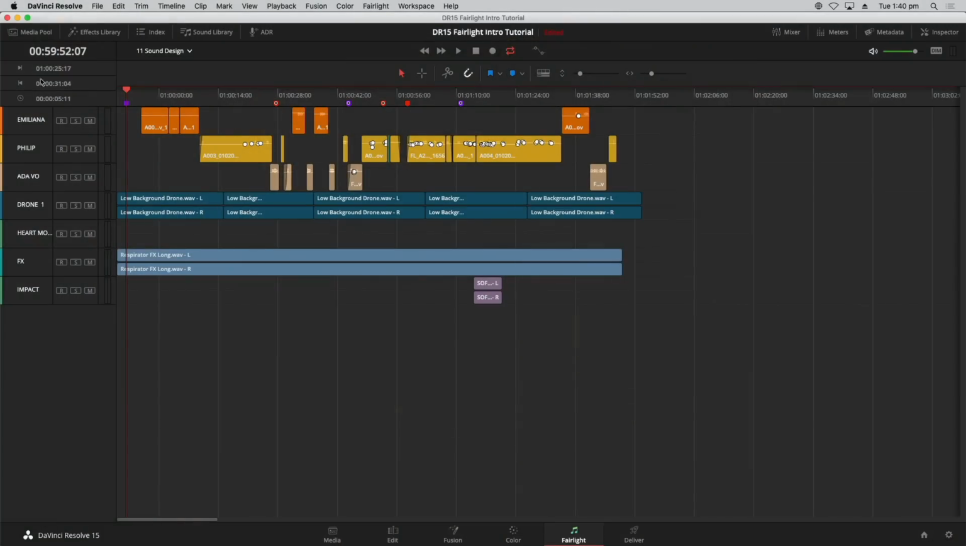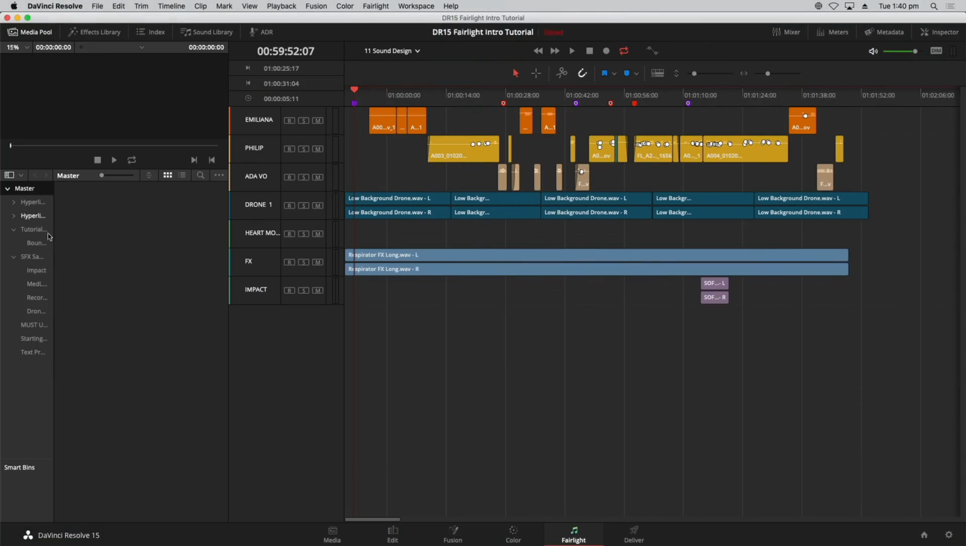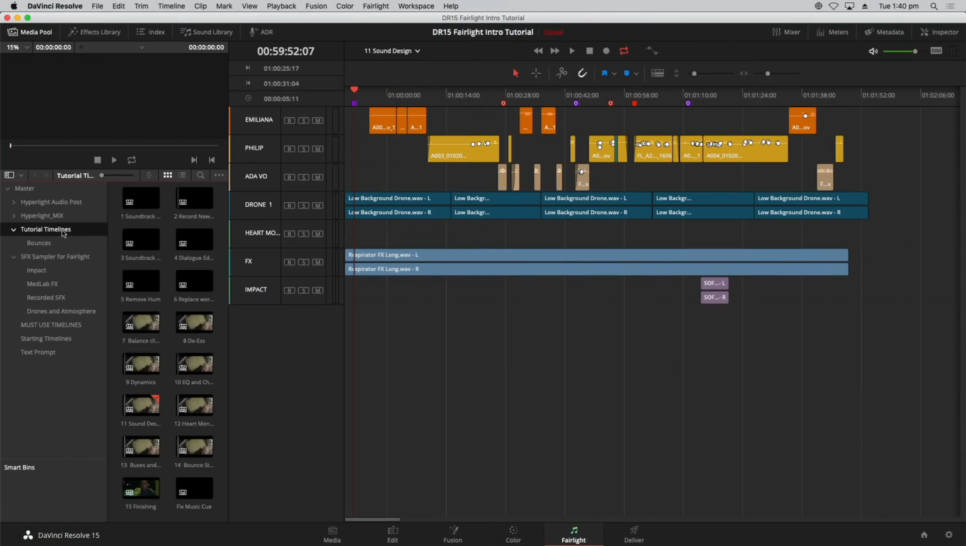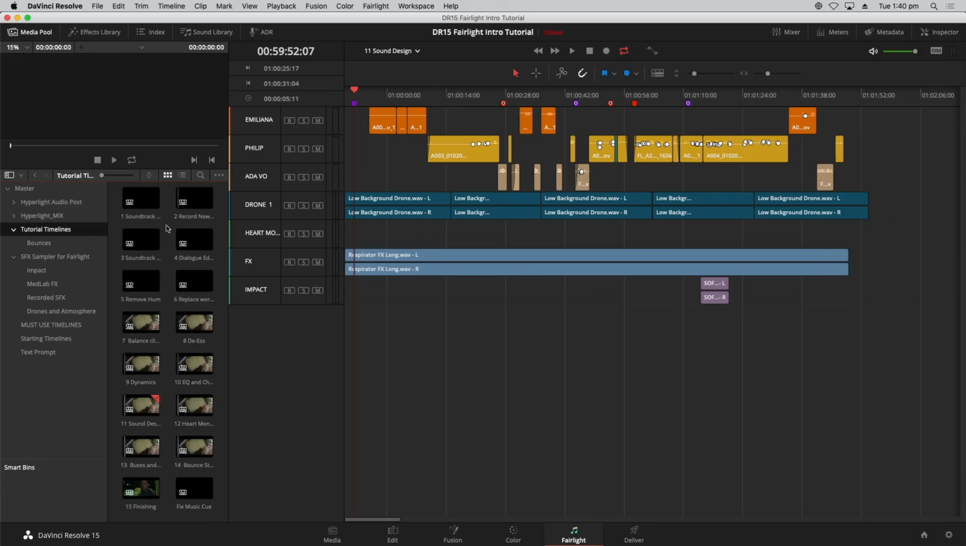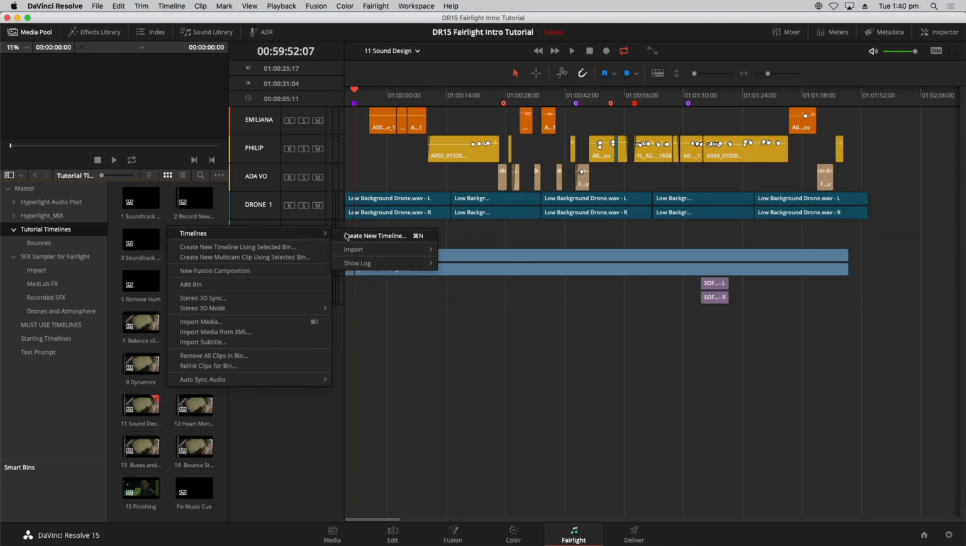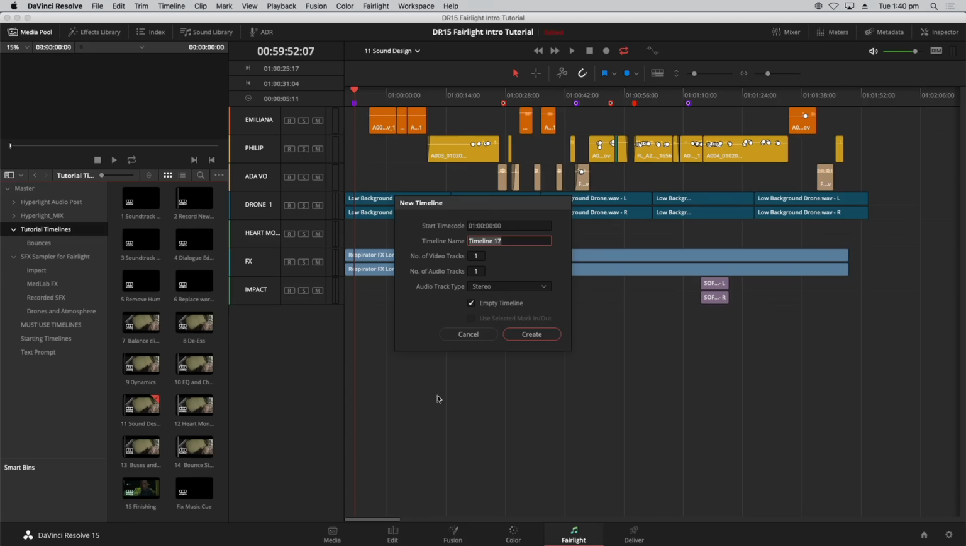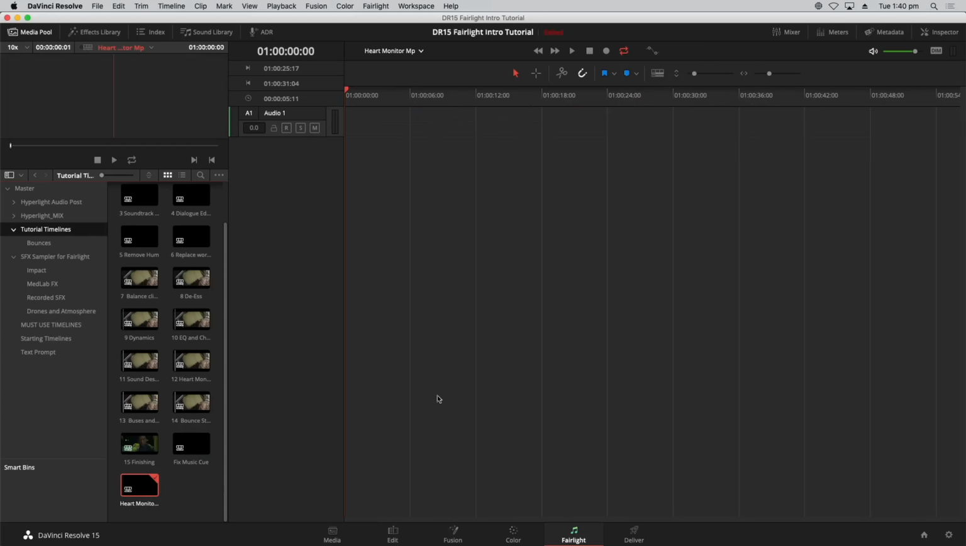So let's do that. Let's go over to the media page and create our new timeline. You can do it right here in your tutorial timelines if you want to. Just select the bin, and in that empty space, right-click, choose timelines, and say create new timeline, or just press Command N to create your timeline. Let's call it heart monitor. You can even put your initials next to it if you want to create something special, and there it is. I have my new timeline